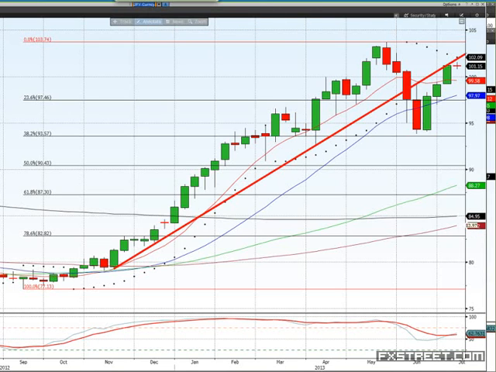Yeah, so back to cable. You're looking at a potential 70 pip loss. But when I do a trade, I always look for at least 2-to-1 risk-reward, profit versus loss. And I think there is that potential for this trade now. So say, for example, you paid 148.70. There is a chance that you can make 140 pips on that, and you'll be getting out around, my maths isn't very good, but what's that, 150.10 area? I think that's a realistic proposition for a profit. So that's what I would suggest may be worth doing. And if you're happy with that risk reward, if you're happy to risk 70 pips to try and make 140 pips, well, that could be an opportunity for you there.